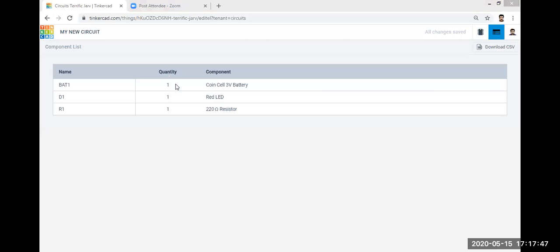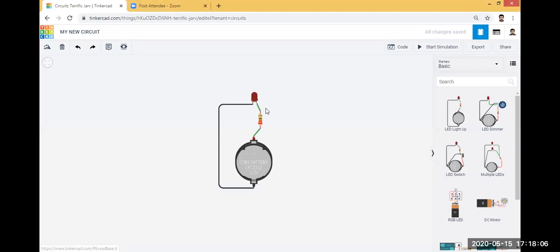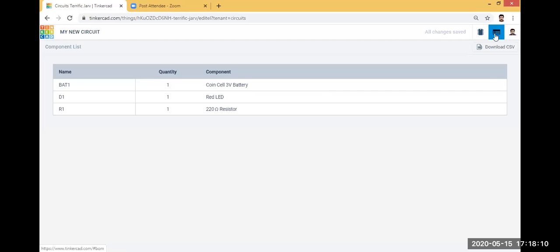The quantities are: coin cell 3-volt battery 1, red LED 1, and 220 ohm resistor 1. The names are BAT1, D1, and R1. In this way, you can see how many components are used in your circuit. This is called the component list view, and the other view is called the circuit view.